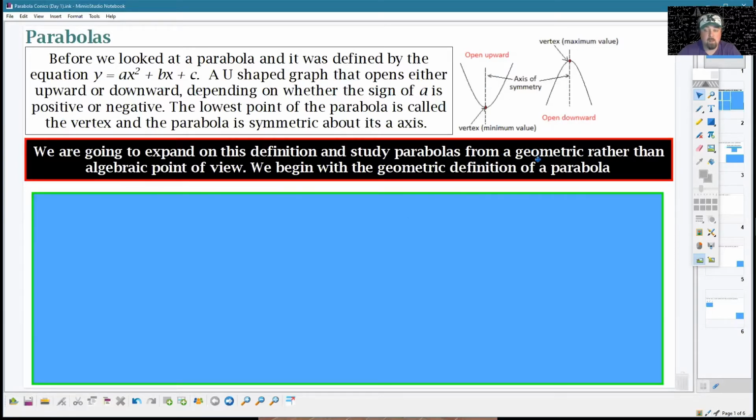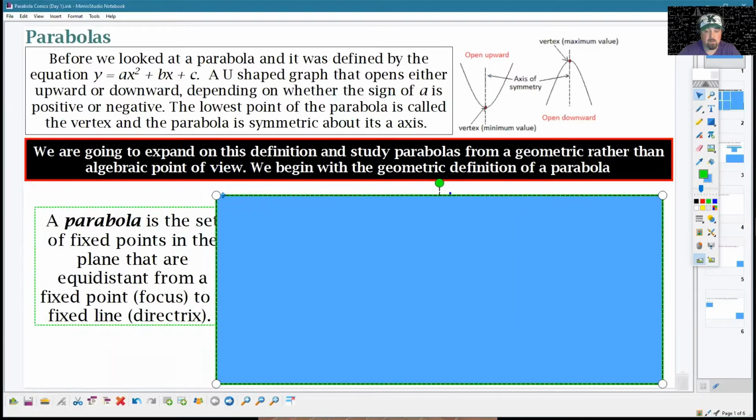What we're going to do now is expand upon that because there's another useful way to define this that will help us out later on. It actually helps explain some of the things that we may use every day in our life. One particular thing, things like these right here. Glasses and things like that are explained by parabolas and how they work. So we're going to expand this definition and study parabolas from the geometric rather than the algebraic standpoint. There's going to be an algebraic definition we're going to use, but we're going to look at the geometric definition of this first. So geometrically,